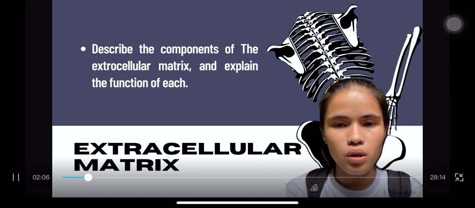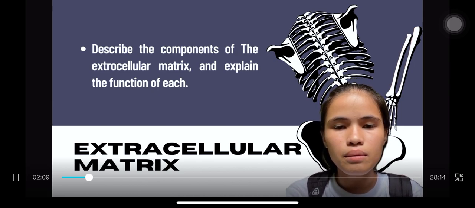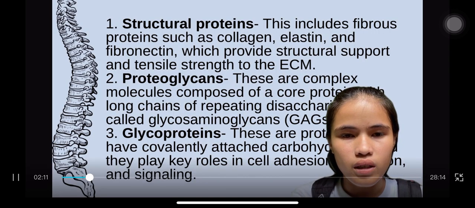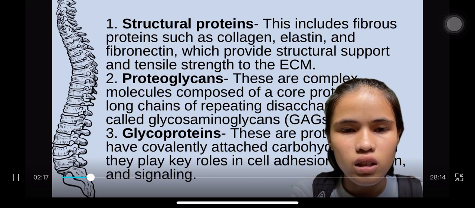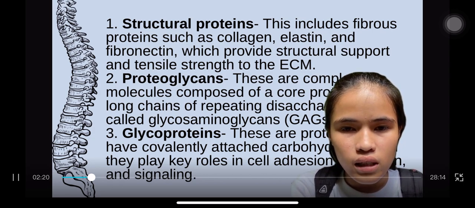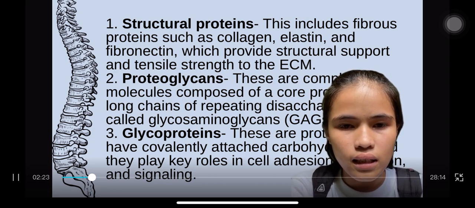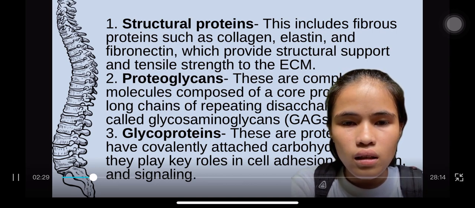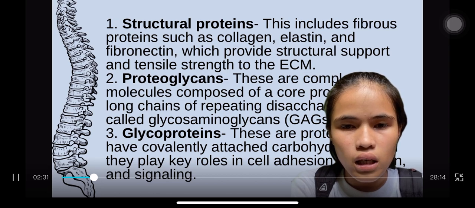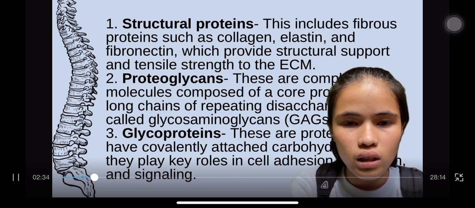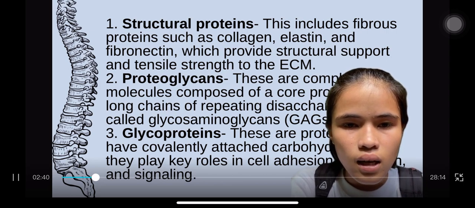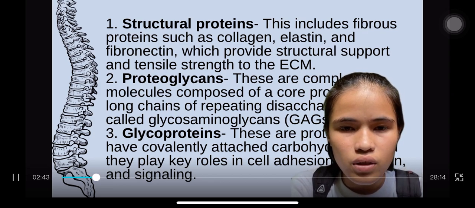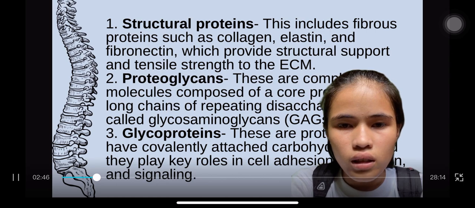Extracellular matrix: describe the components of the extracellular matrix and explain the function of each. Number 1, the structural proteins. This includes the fibrous proteins such as collagen, elastin, and fibronectin, which provide structural support and tensile strength to the ECM. Collagen is the most abundant protein in the ECM and forms a strong network and gives tissues their tensile strength. Elastin provides elasticity, allowing the tissue to stretch and recoil,